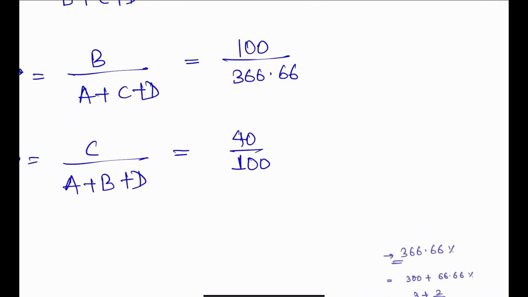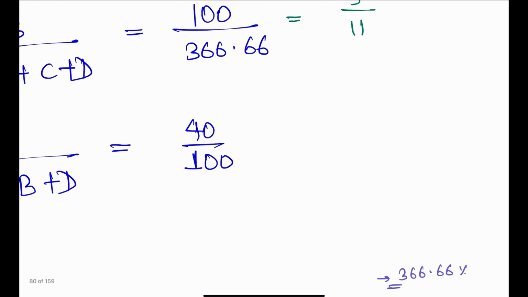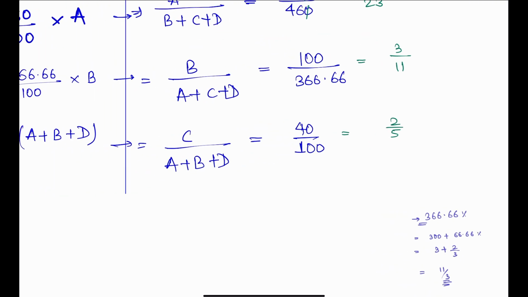Because 366.6 is 11 by 3, but this is nothing but 1 by this one, so this will be called 3 by 11, because this is the reciprocal of it, and this is nothing but 2 by 5. So what we need to do